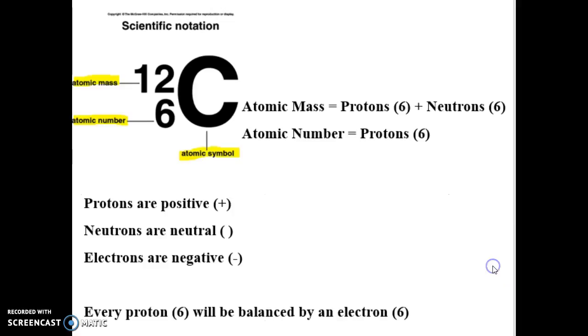So you have protons positive, neutrons neutral, electrons negative. This is why we look at these two balancing each other out. For every positive proton, you want an equal number of negative electrons to balance them out, to keep your element